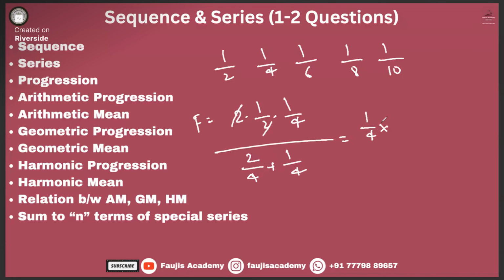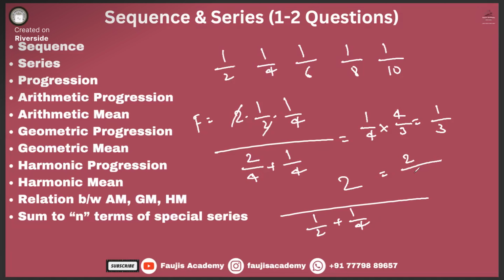Thank you so much, buddy. Yeah, that was the lacunae. 1 by 3. Now without formula, 2 divided by 1 by 2 plus 1 by 4, right? Which is nothing but 2 divided by 3 by 4, right? That means 2 into,